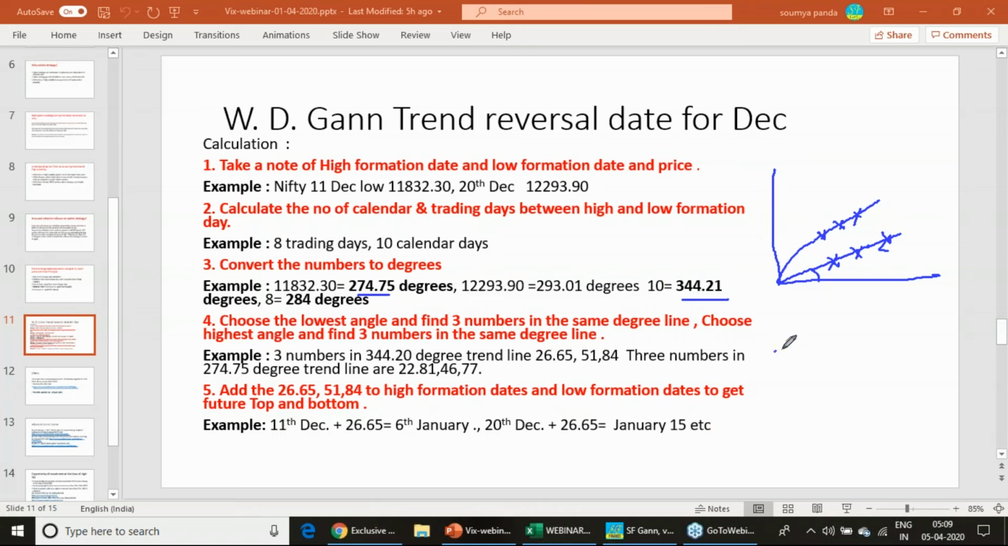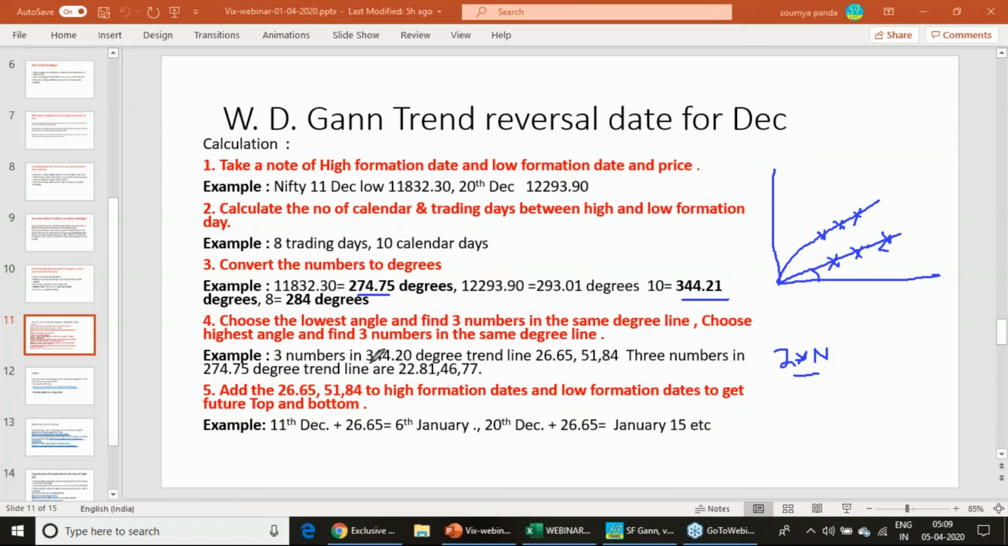There is a formula. So 2 into n. So these 2 formulas are going to help you identify the numbers. The first formula is number to degree conversion. The second formula is going to give you the numbers lying on this particular trend line. Once you implement these 2 formulas,